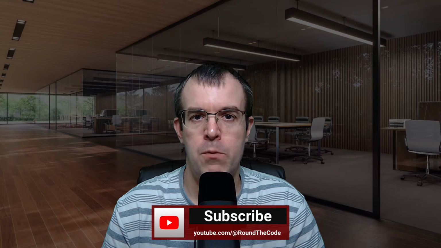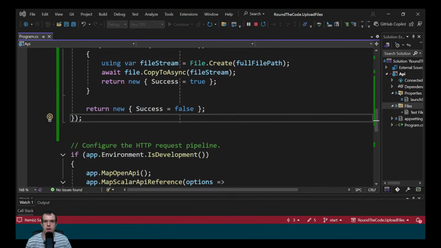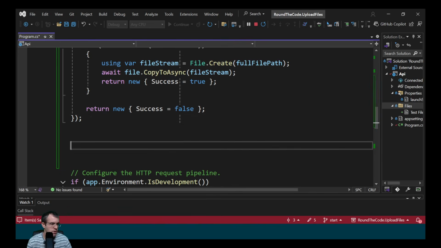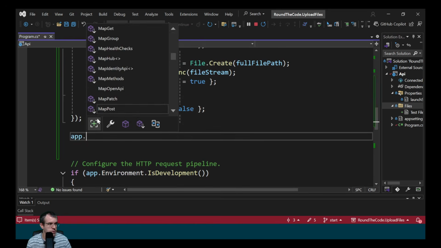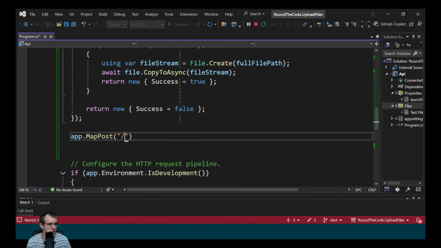If you want to upload multiple files, you can use the IFormFileCollection type. Here's how you do that. We're going to create a new endpoint for that. Once again, we'll use the post method. So we call app.MapPost, and the route we'll call